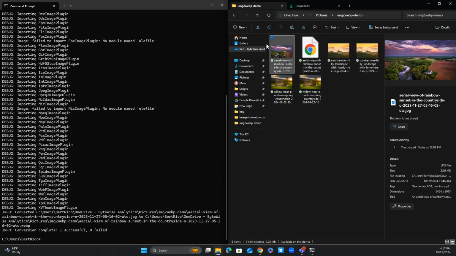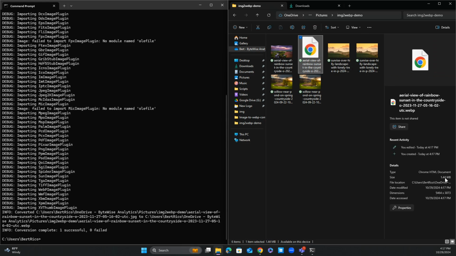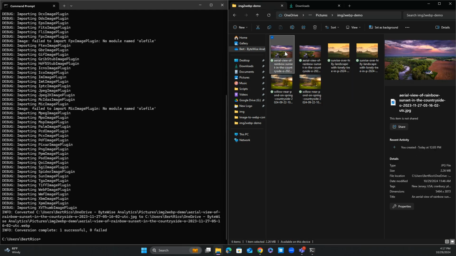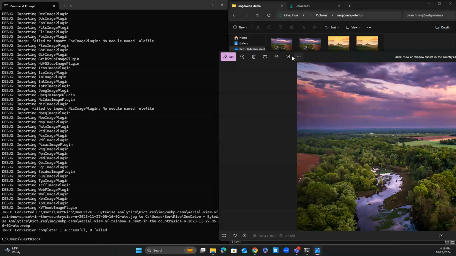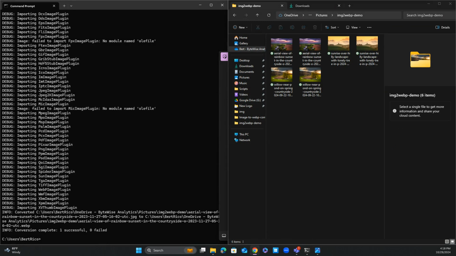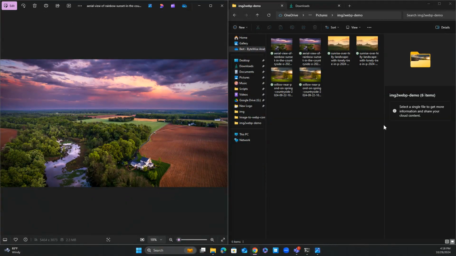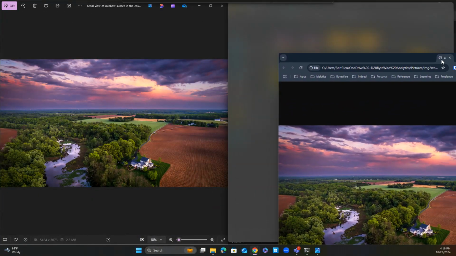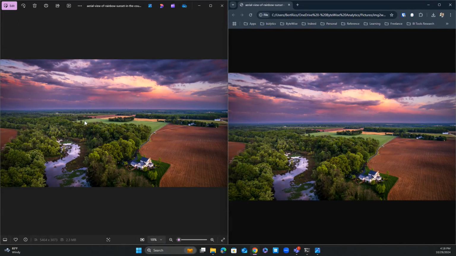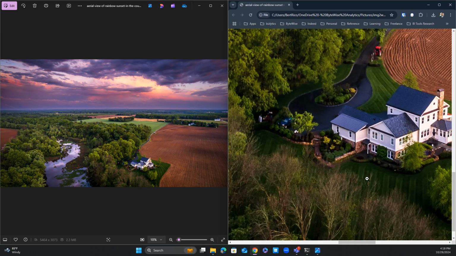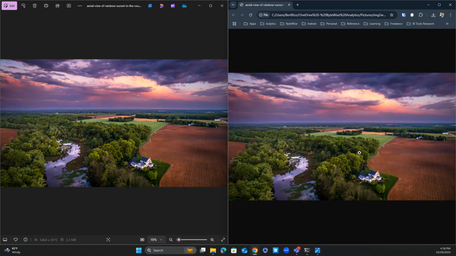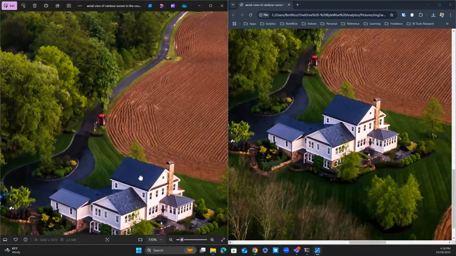But here the file's done converting, and this is a smaller file. Originally it was only 2.26 megs. And so not as much file savings. Obviously it's a smaller file, so not that big of a difference, but still, let's look at quality again. So now the one on the left is the original file, the one on the right is the WebP version. So let's say we'll zoom in on this house here.